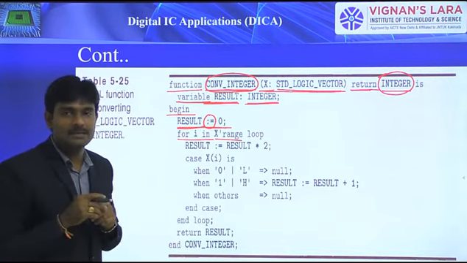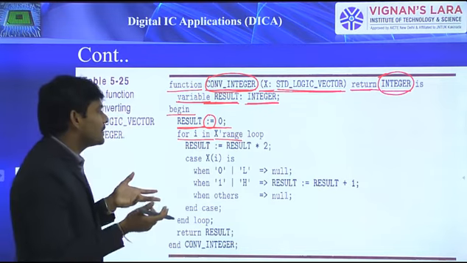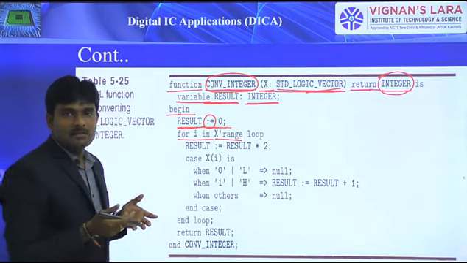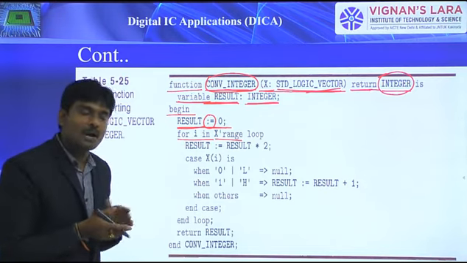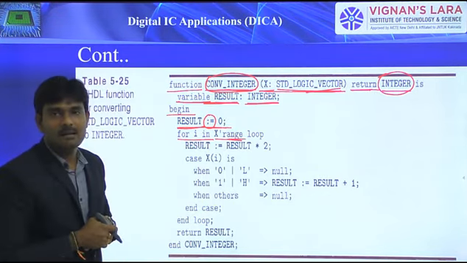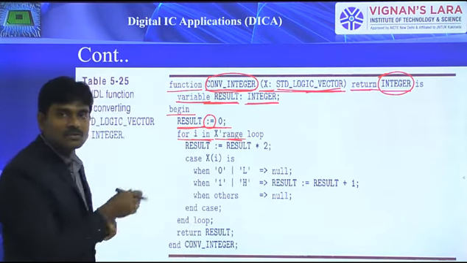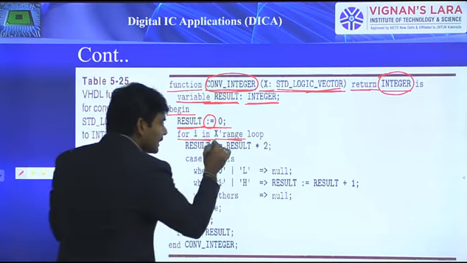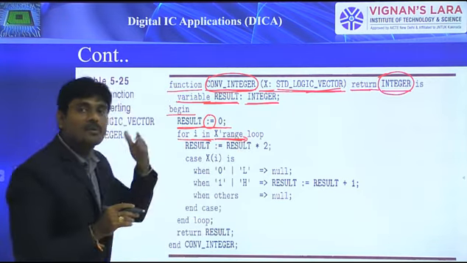X'range. Single quote, tick, is what we are going to represent. What it means is that here we are not defining any range. While applying the input, whatever input we applied, based upon that this range will be decided. So how many times this for loop needs to rotate also depends on that. But while reading this range, we must always go from left to right.